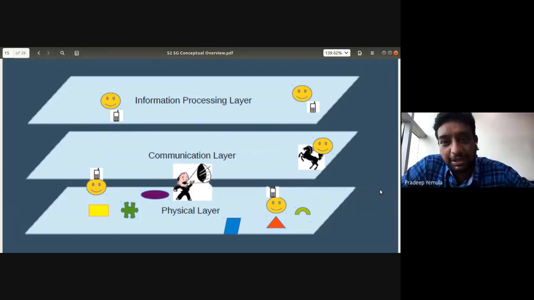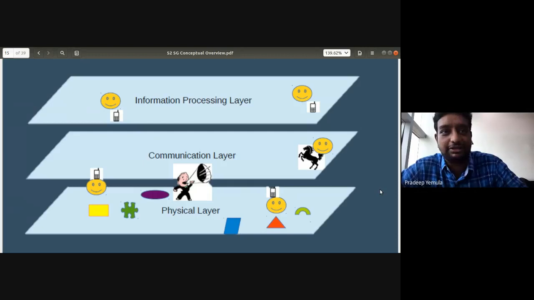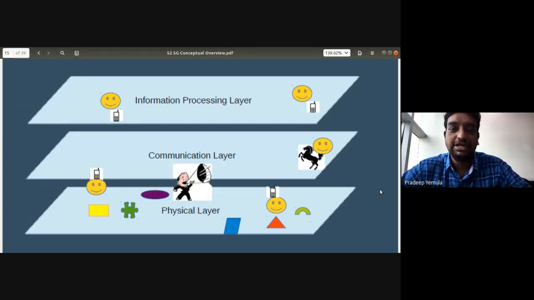Whatever is happening in the physical layer, in some way or the other, with human intervention, maybe there's a person making a phone call and informing the authorities, and then they take the control action and tell it back. This is also possible, but definitely this can be improved. To improve it, replace the human intervention with faster processing. After a while, the data becomes so huge that humans also cannot handle it.